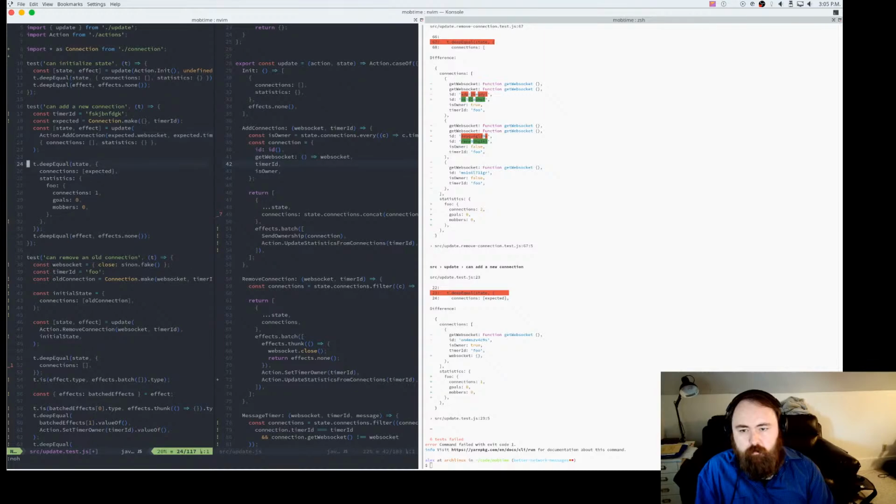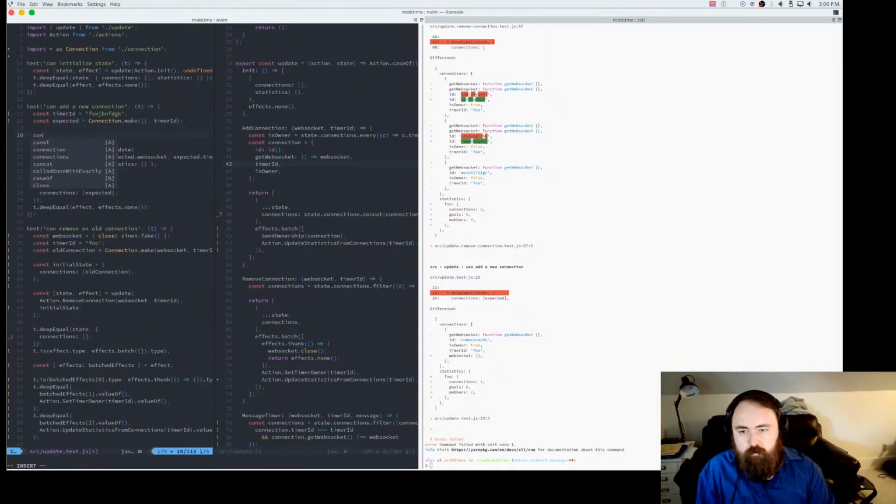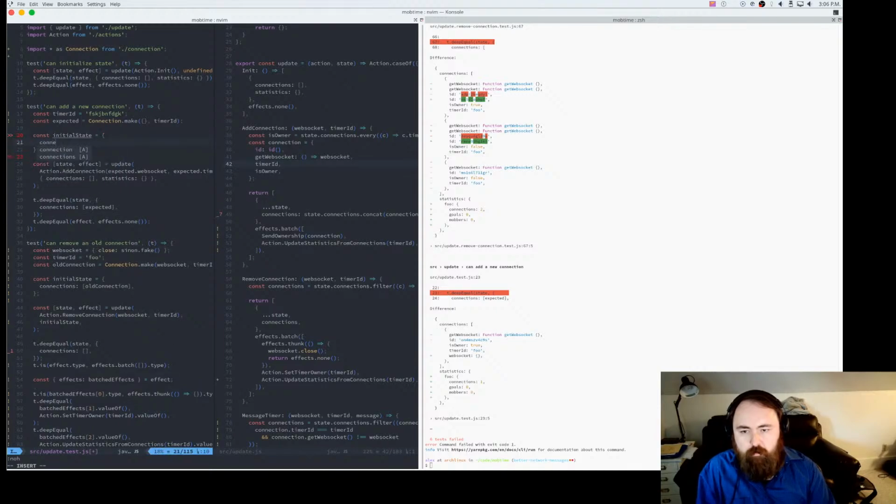Oh, that's fun. So I'll have an ID that doesn't match, but I think there's a t.like, which will for the most part work out for me. Okay, so let's not include statistics in this. And let's get an initial state in here. For this test, all we care about is connections being empty.